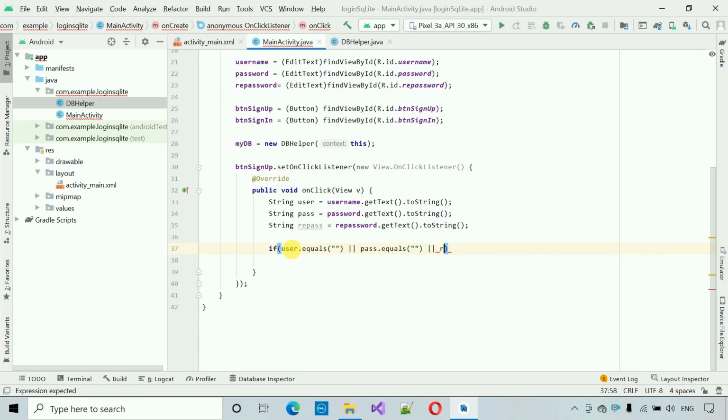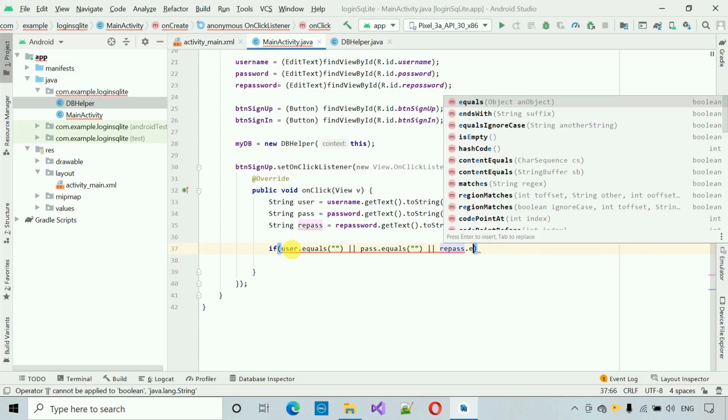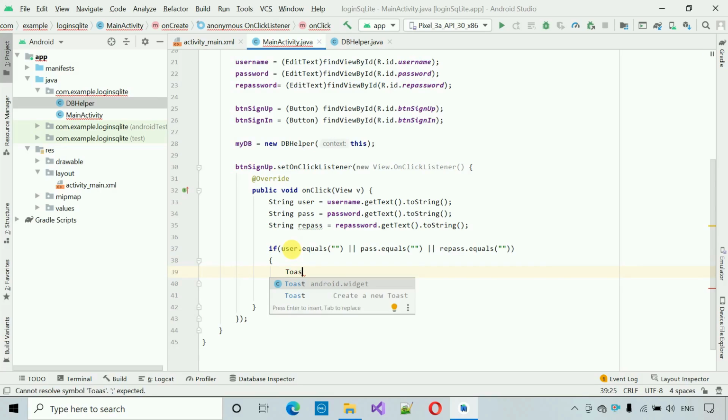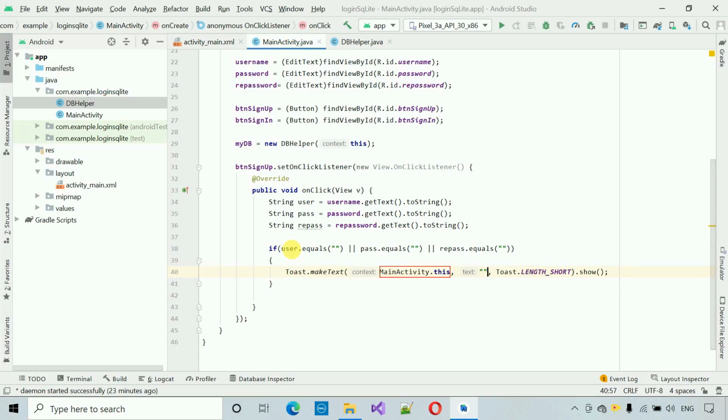And finally we have repass.equals null. If any of these are null, then we want to show user a toast. And what toast I want to show? I want to show the toast that fill all the fields like this. Now in the else condition,